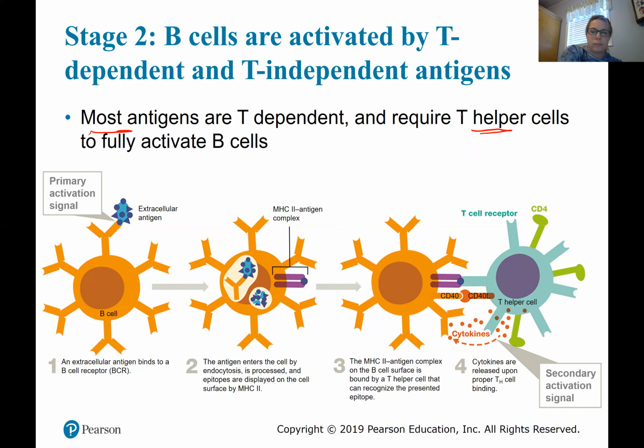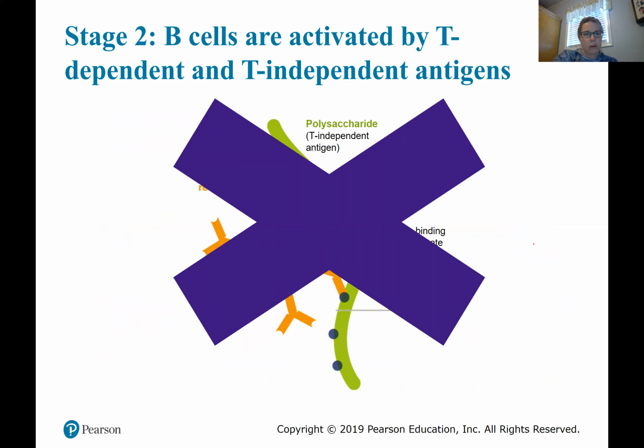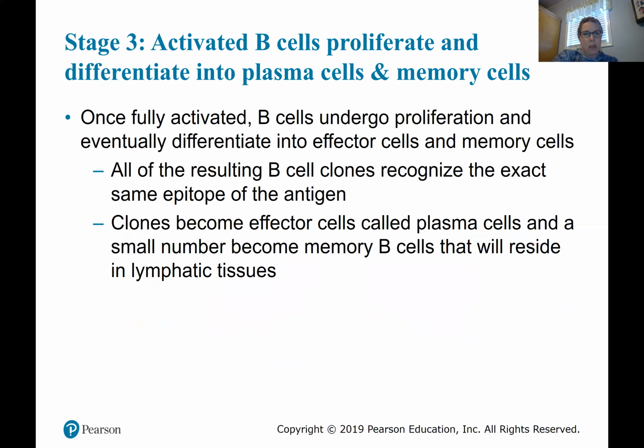I think we're going to skip this part down here. Just remember, most of the time we need to have helper T cells, sometimes we don't. Okay, we're going to kind of skip stage 2, but stage 3 of the activated B cell is going to,